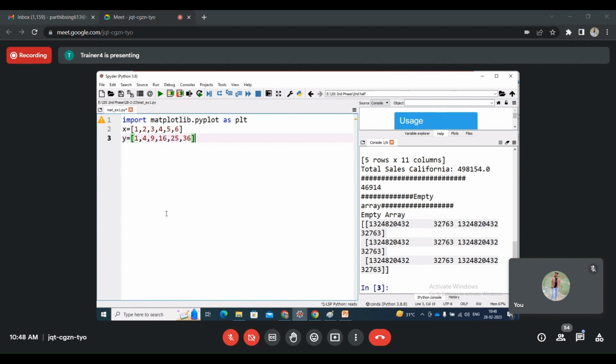So when x equal to 1, y equal to 1. When x equal to 2, y equal to 4. When x equal to 3, y equal to 9. When x equal to 4, y equal to 16. When x equal to 5, y equal to 25. When x equal to 6, y equal to 36. All the values are square values, isn't it? Now, if we want to represent the x and y values using a graph,